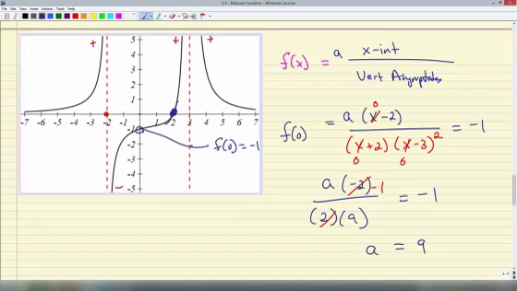So the complete graph is going to have a 9, or pardon me, the complete equation will have a 9 sitting out in front. Look at that. Cool. Here's another